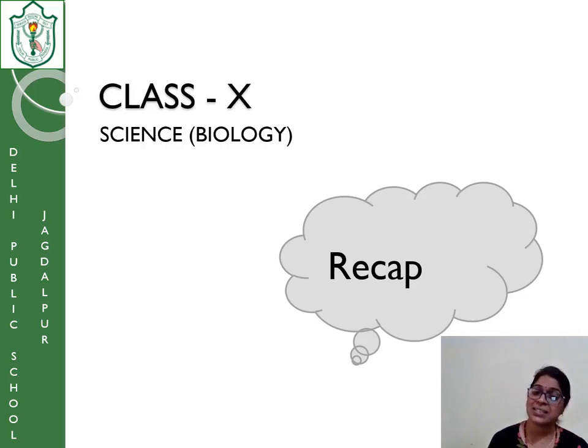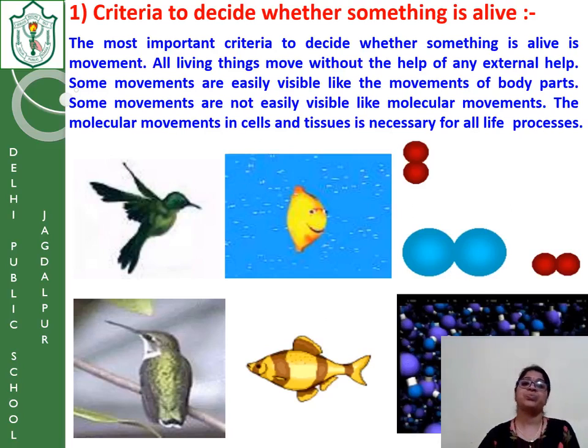Since the animal body is a complex structure, it needs different types of body systems to carry out different types of activities. So everything we will sum up in this chapter, that is life processes. First, we need to know